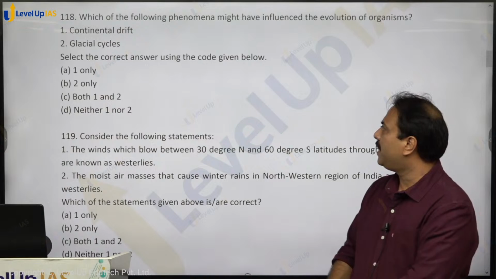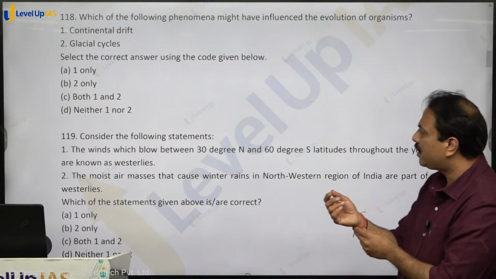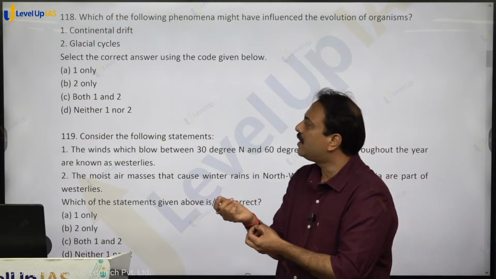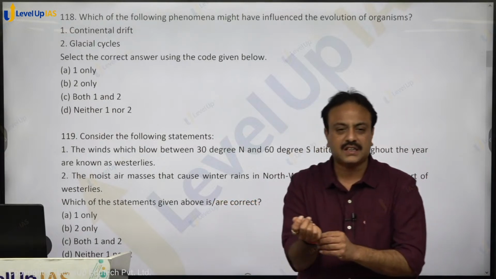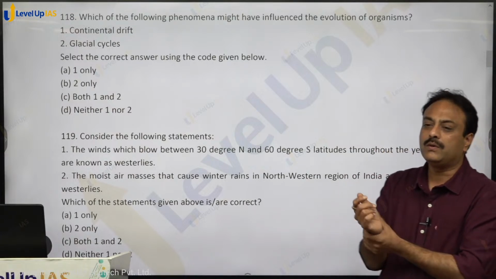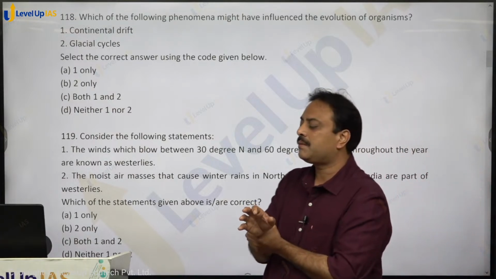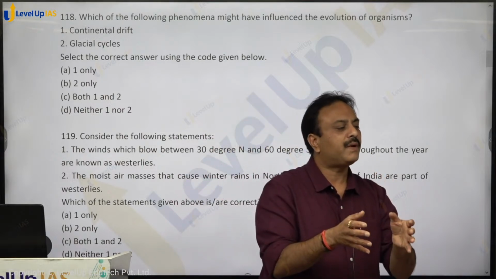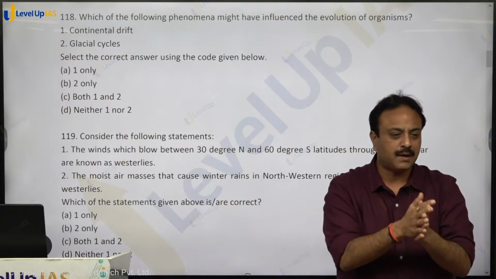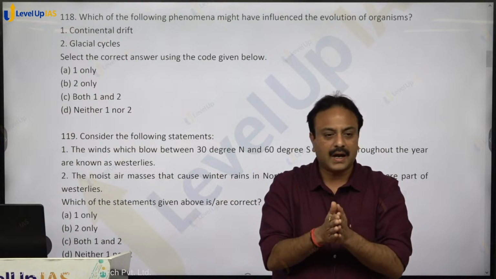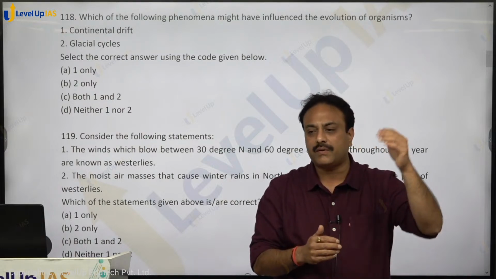Which of the following phenomena might have influenced the evolution of organisms? Continental drift and glacial cycles. So what will continental drift do? Evolution of organisms, how will it impact? North America, South America, Africa, Europe was a contiguous landmass, Pangea, right? The continents drifted and North America drifted northward,